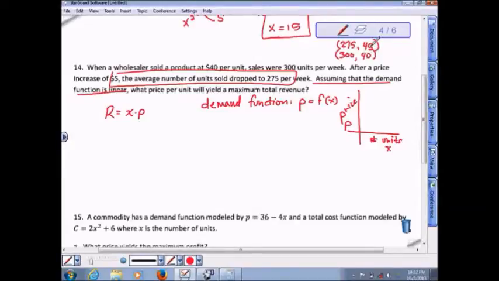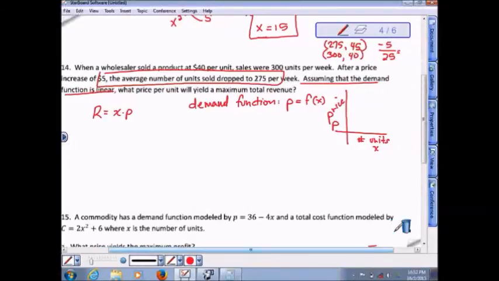if we call this y2 and this one y1, the change in y is -5 divided by the change in x. 300 minus 275 is 25, so that yields a slope of negative 1/5. Now the price function